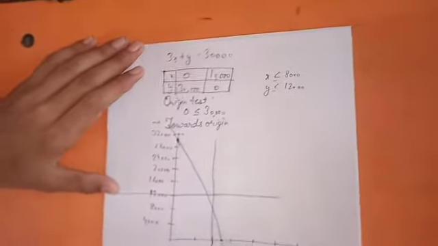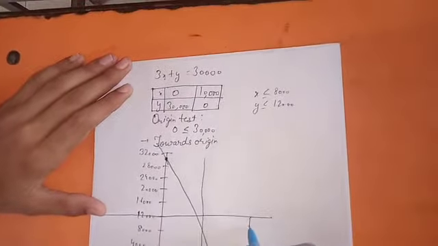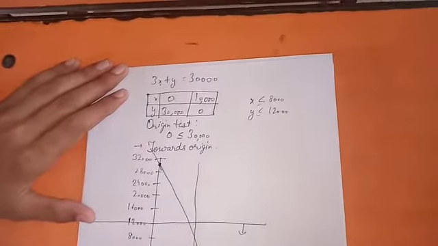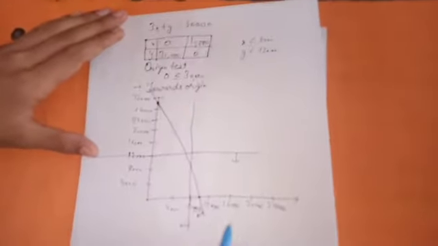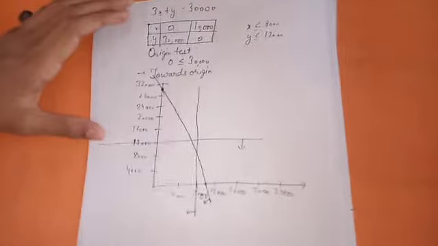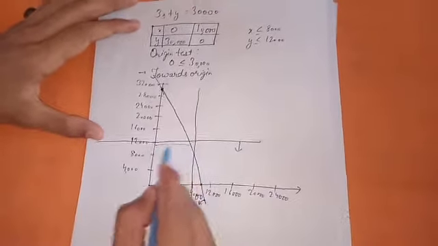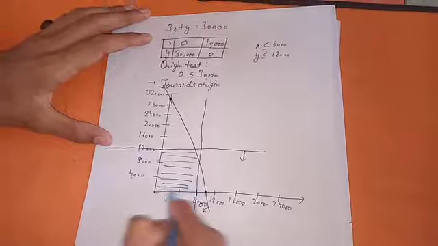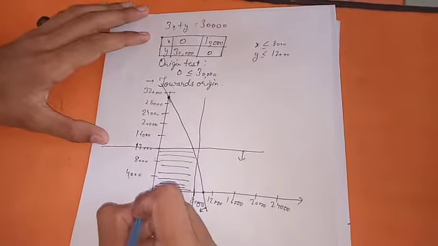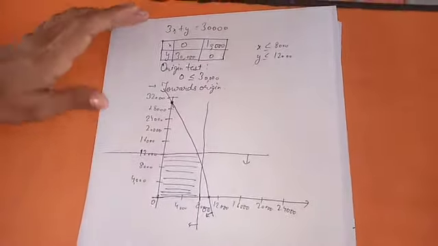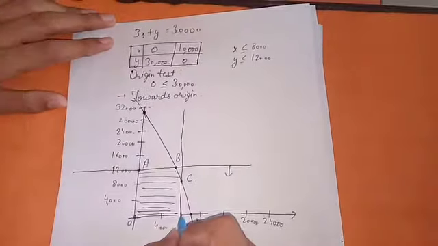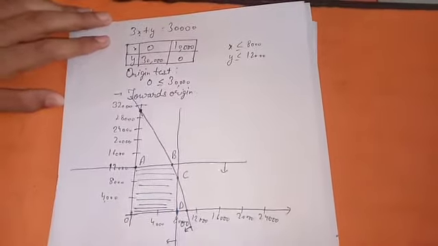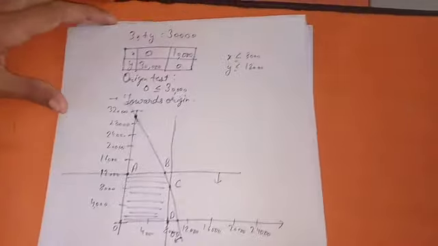Now we'll check out the feasible region. Our feasible region for this will be this side, and for this also this side. So what do we get from here common is this region. This will be our feasible region. Now it is closed. Okay, so this point is O, it is our origin, it is our say point A, this is point B, this is point C, and it is D. These are 5 endpoints of this graph.